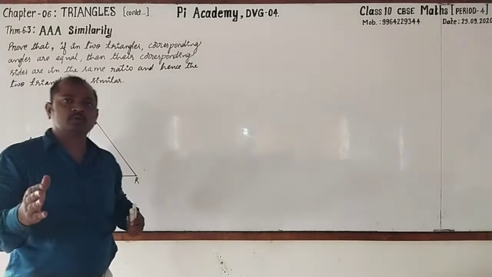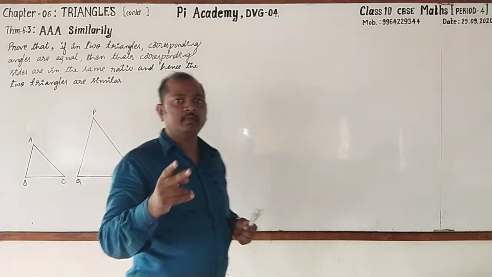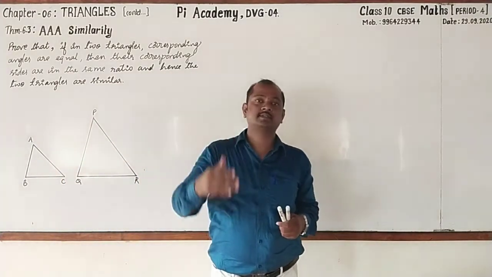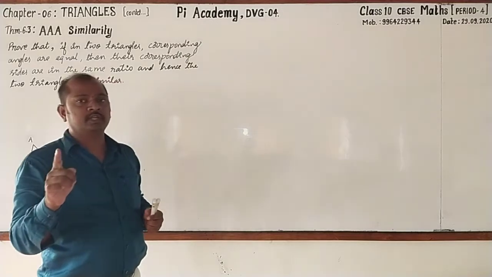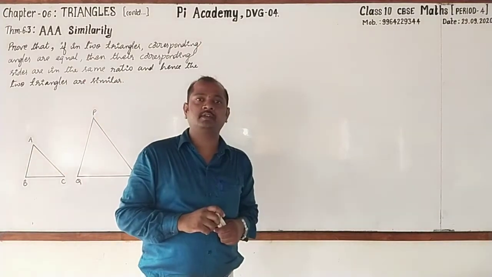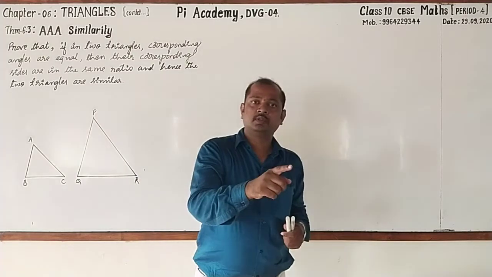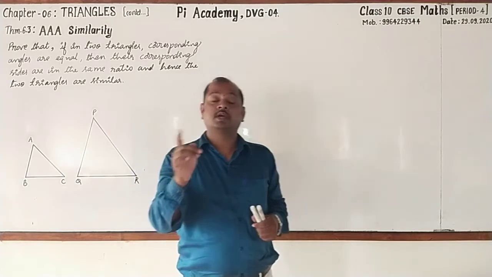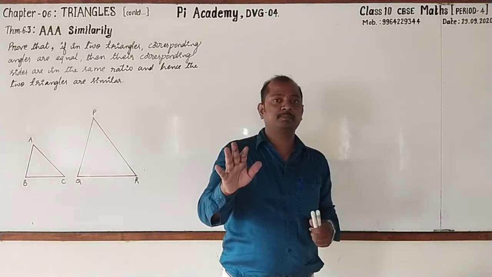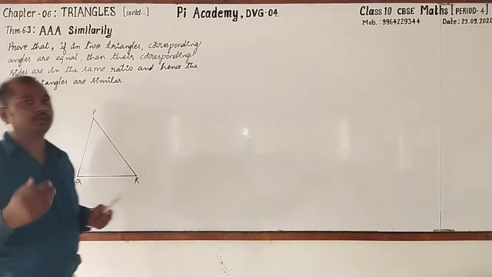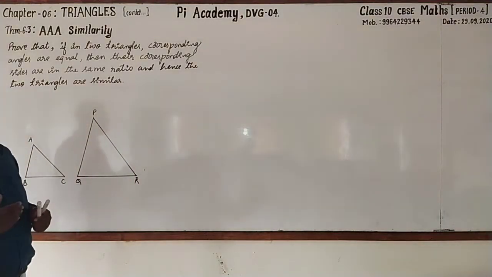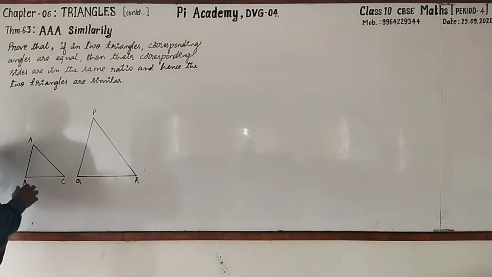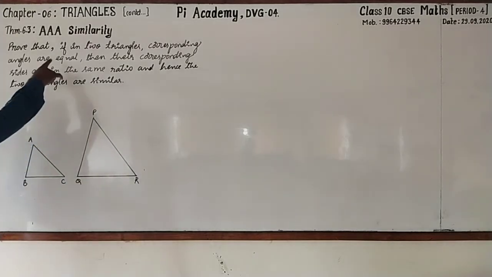Dear students, we also know that when we are proving any theorem, we follow certain steps. They are, first one is drawing the appropriate geometrical figure. Second one is data, third one is to prove, fourth one is construction if necessary, fifth step is proof, and at last we write the conclusion. Let's go for following one by one. Please don't go for copying anything. Just observe carefully. Here we have drawn the two geometrical figures, triangles related to the given statement.